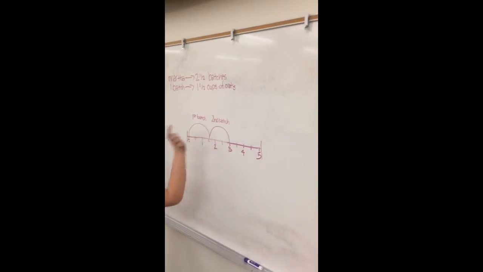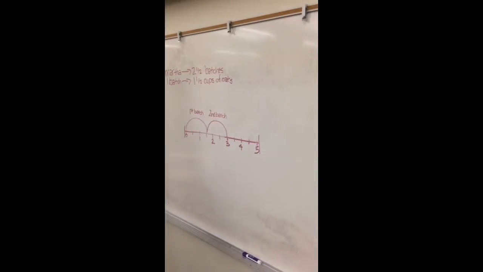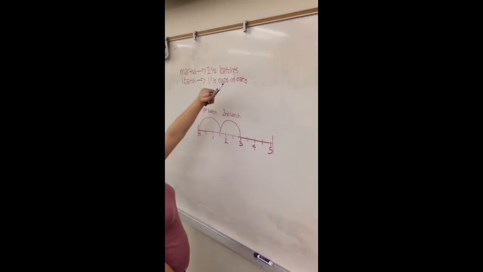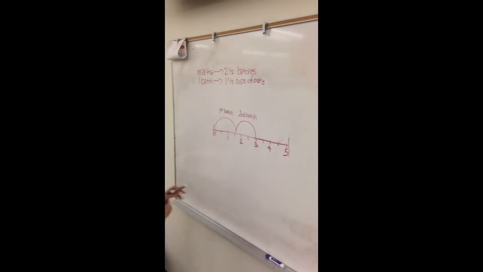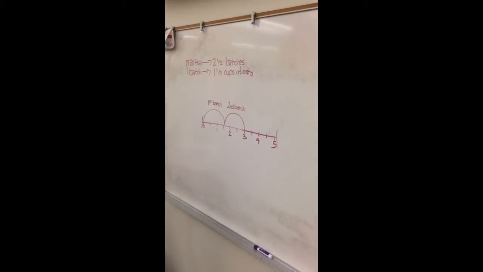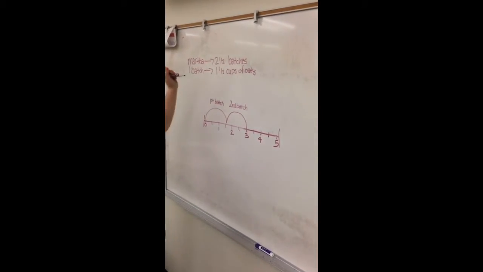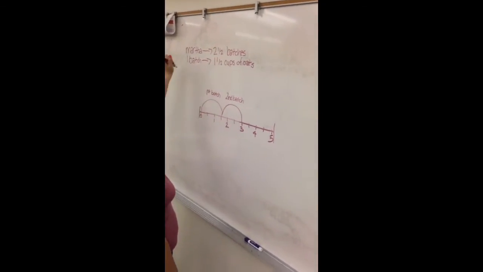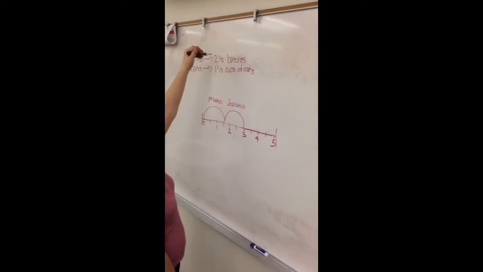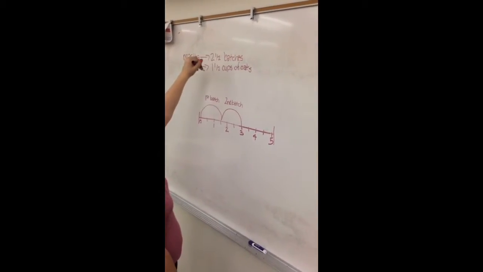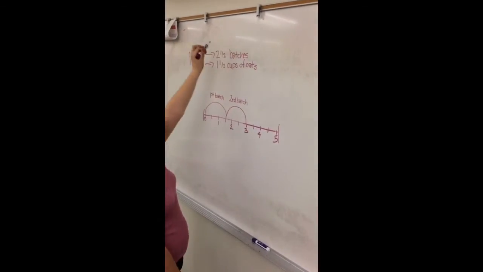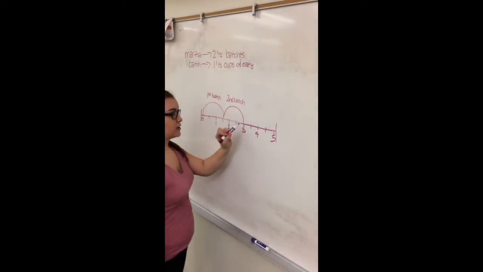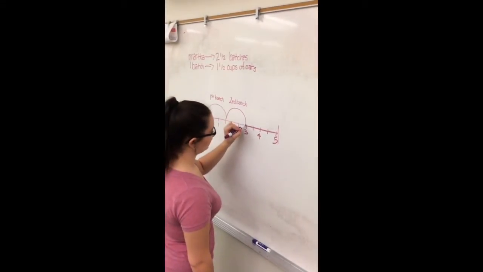So now we have 2 batches, but Martha needs 2.5 batches. So we need to figure out how many cups of oats is going to go into her half batch. Since we know that 1.5 cups of oats makes one batch, but she only needs 1/2 of a batch left, we need to figure out half of 1.5 to go into that half batch. So what we're going to do down here on the number line is add a third batch